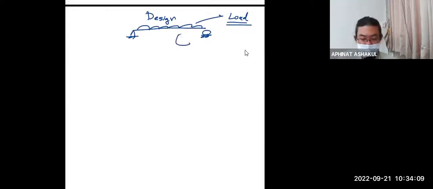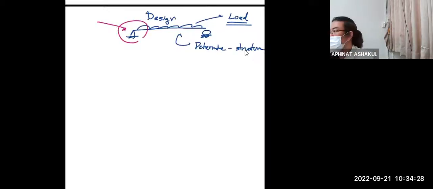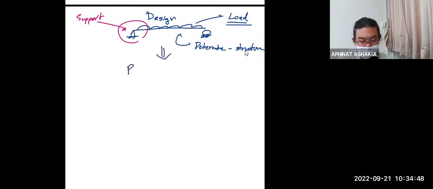You need to determine what kind of structure you're going to use. Correct? Let's say you're going to use a simple beam. And in the future, in order for you to have a simple beam, you must be able to make sure that you know how to create the pin support. Correct? And once you know the load, and you have chosen what kind of structure you're going to use, you need to put this together and then perform